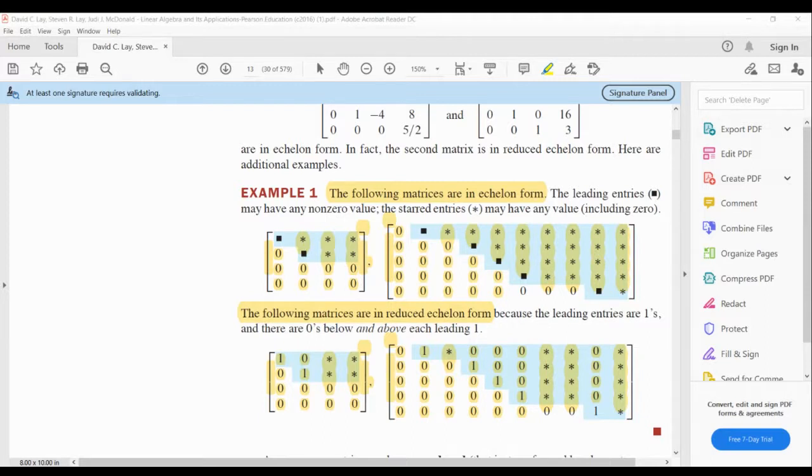If you get the matrix in echelon form, for instance an augmented matrix, you can use back substitution to figure out the remaining values. In other words, echelon form means you're doing the forward phase of the reduction algorithm, but not the backward phase. For reduced echelon form, you're doing both the forward and backward phase. And that's very desirable because